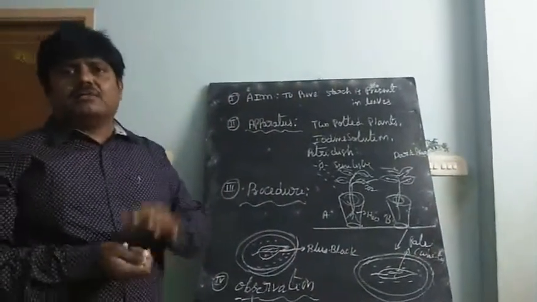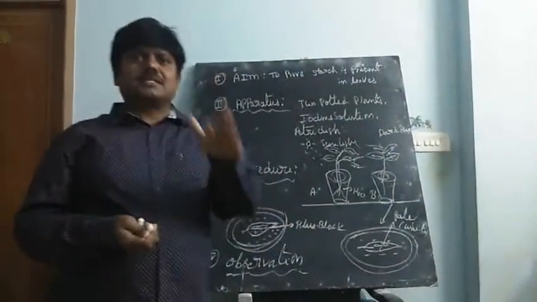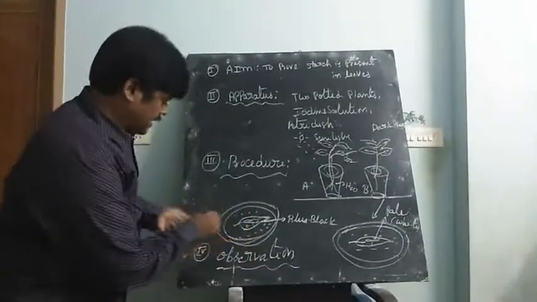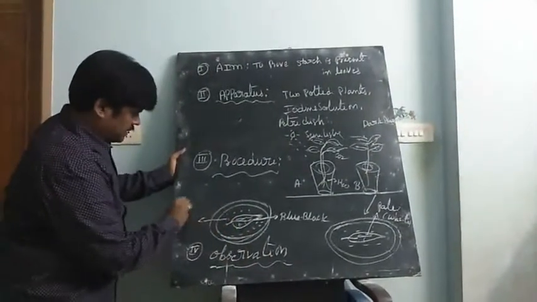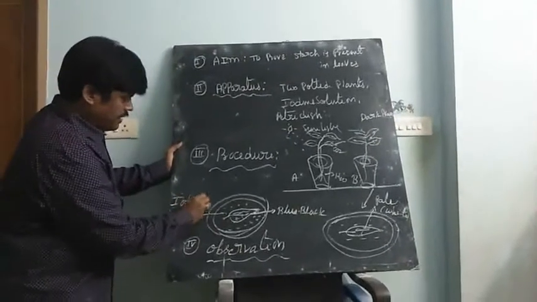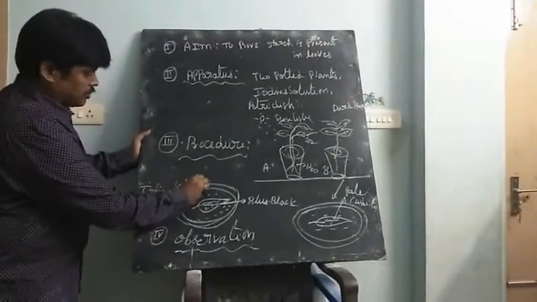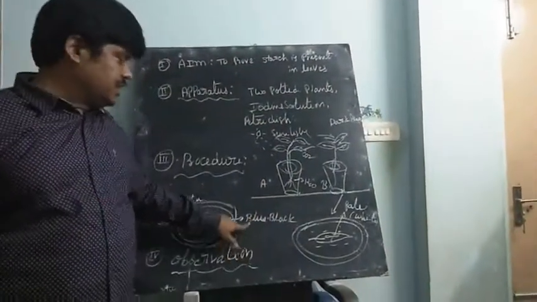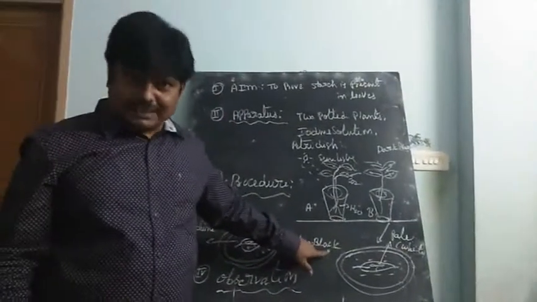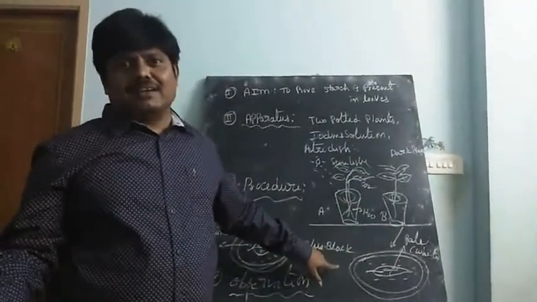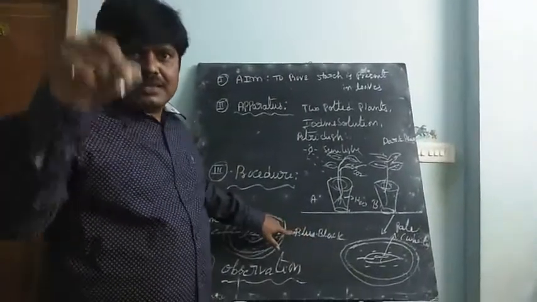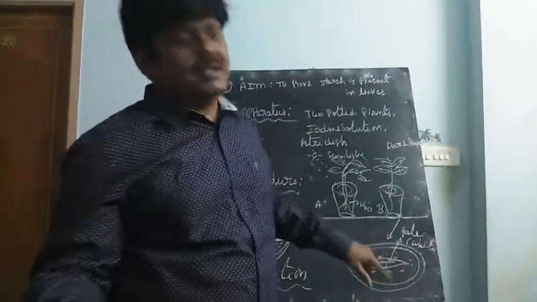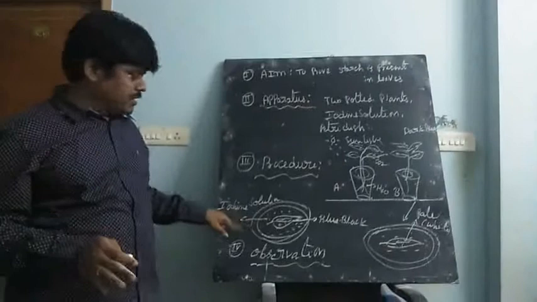Clear? That's why, when starch is present and in contact with the iodine solution, this is the iodine now. Inside, what solution is present? Iodine solution is present. When in contact with the iodine solution, it immediately turns bluish black in color. This indicates the change of color, meaning the leaf contains starch. When starch is present, photosynthetic activity has happened. So that is clear. This is the starch experiment.